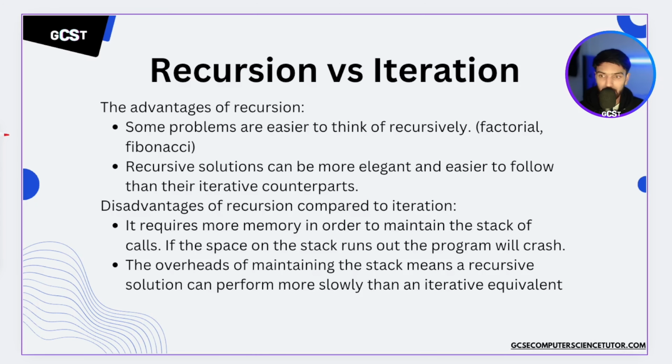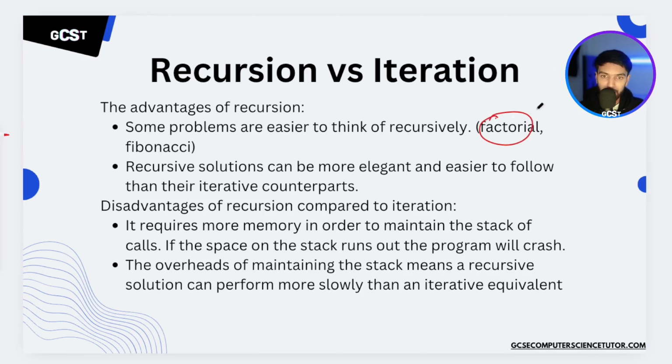Here's something that you can maybe write down if you're making notes. The advantages of recursion: some problems are easy to think of recursively. For example, the Fibonacci sequence and factorial. And remember that factorial is a brilliant example of recursion, because let's say we want to do 5 factorial. You know from maths that this is equal to 5 times 4, but the way that we use it recursively is that 5 factorial is the same as